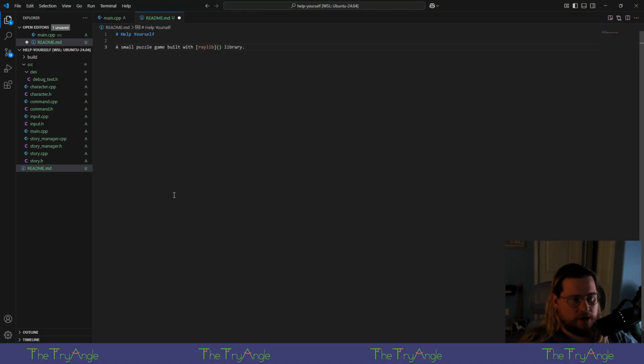A small puzzle game made using the Raylib library. Let's think here. I think if I just put Raylib license,